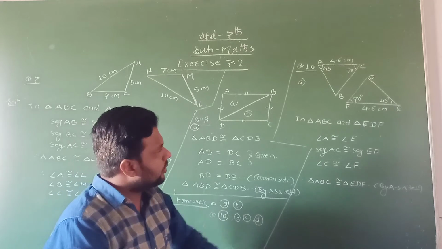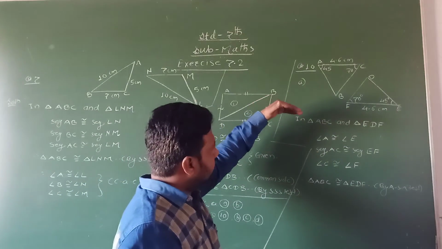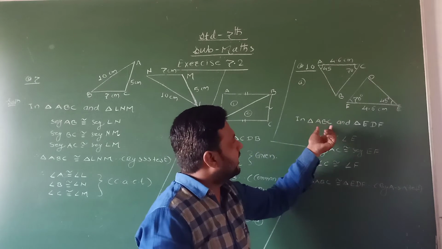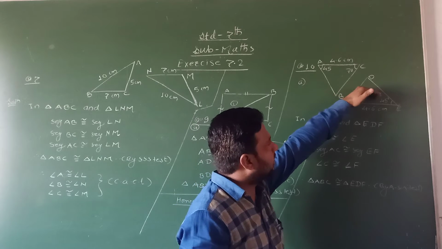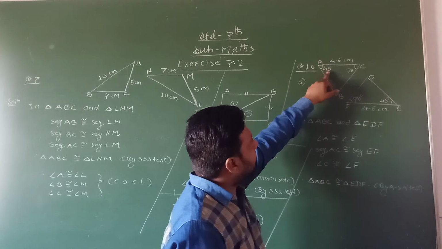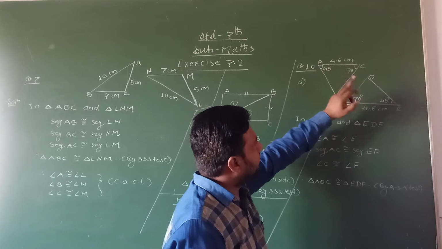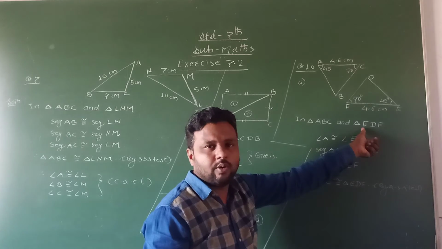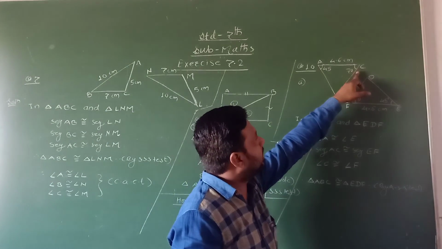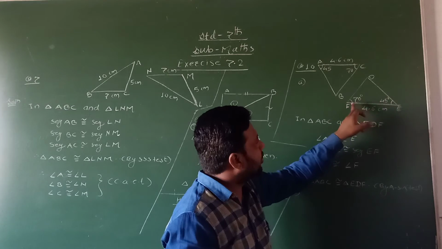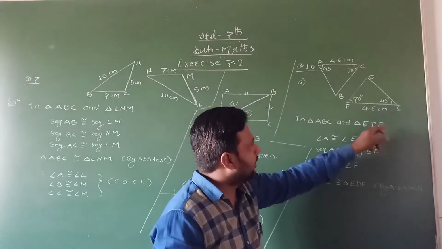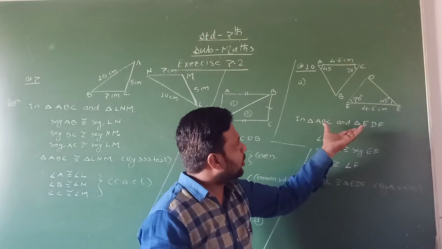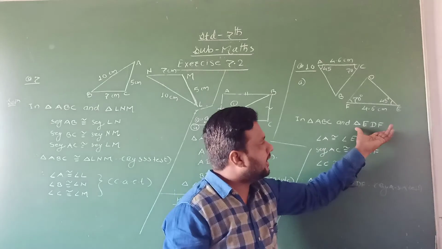Now first we write these two triangles with right correspondence. Here I write triangle ABC, the first triangle. Then A corresponds with which vertex of the second triangle? This angle is given 45 degree. Which angle is 45? D here. Therefore, A corresponds with D. This is confirmed. Then C corresponds with what? This is given 70 degree. It corresponds with F. C corresponds with F. The remaining, that is B, corresponds with E. In this way, here we find the correspondence of triangle ABC is DEF.